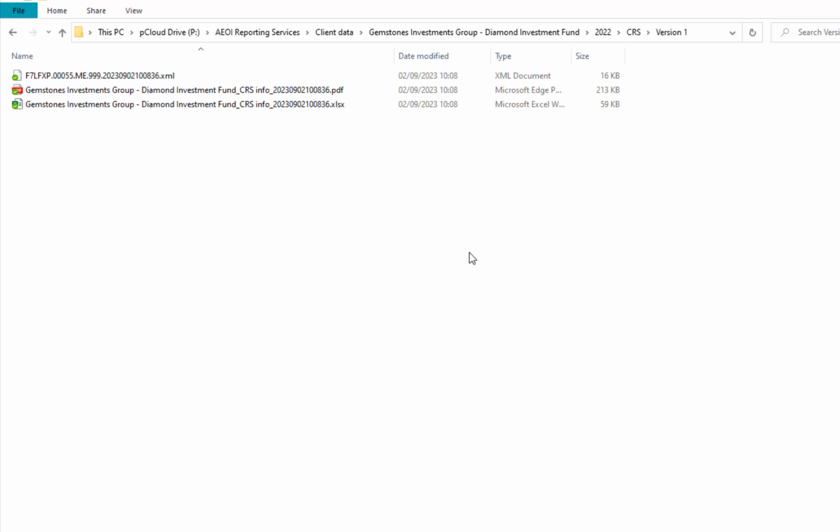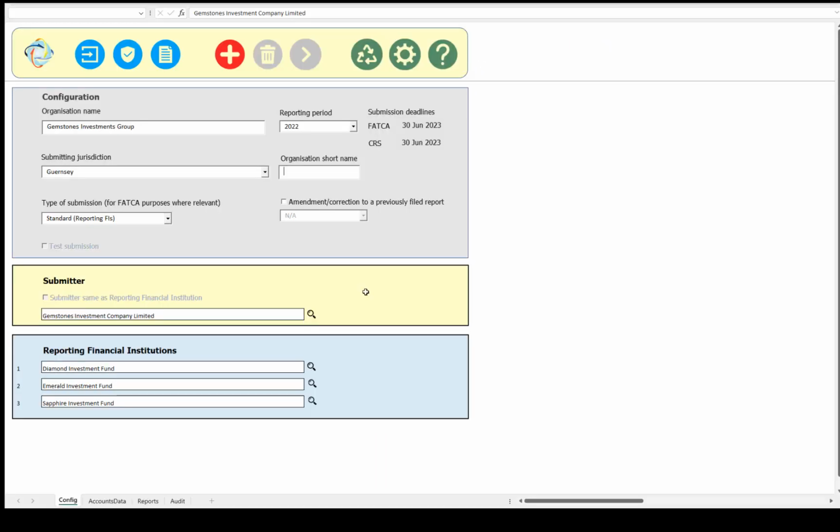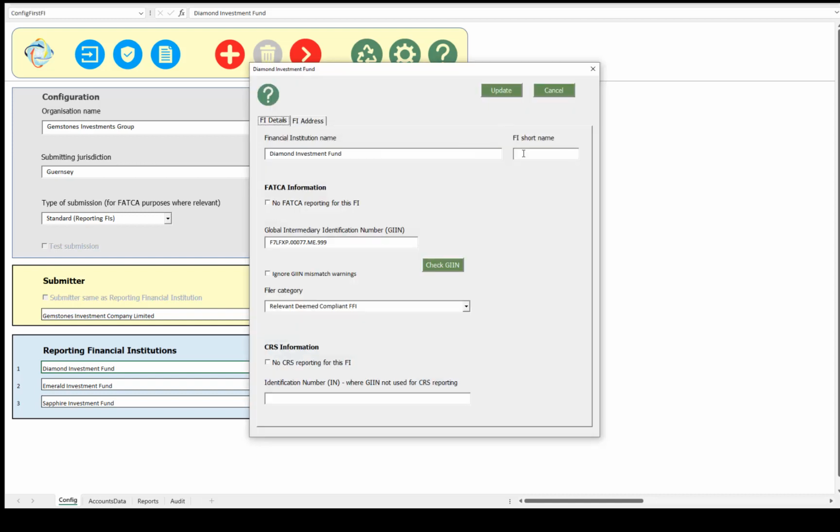Again, what we were finding is that with a long organization name and longer FI names, this was creating very long file names, so we were looking for a way to work around that. So what we introduced, in addition to the organization short name, we've also added for each reporting financial institution an FI short name.